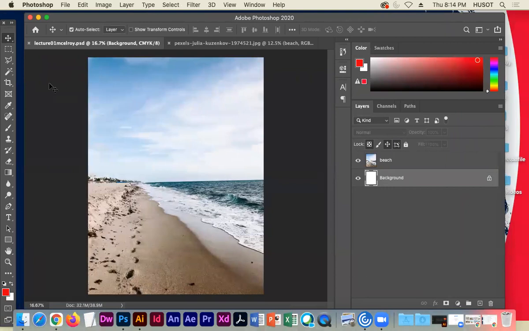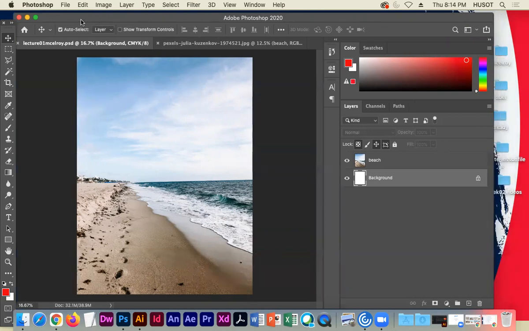All right, so hopefully everyone was able to do a file new document and everyone was able to open up their beach image and right click it and make it an unlocked layer, right? Layer from background, and rename it to beach. And everyone hopefully was able to do duplicate layer and bring it in to the background layer, which was white, our new document, and we've now saved the layer. I'm going to mute for just a second to walk through the classroom just to make sure everyone is okay with their